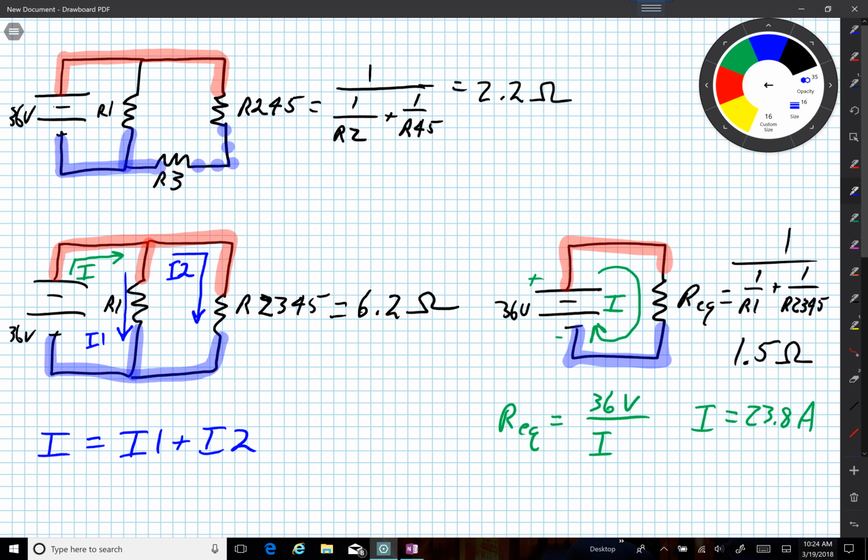Can't make current or lose current at a junction. It just goes in different directions. Right? So I now know, look here, I know